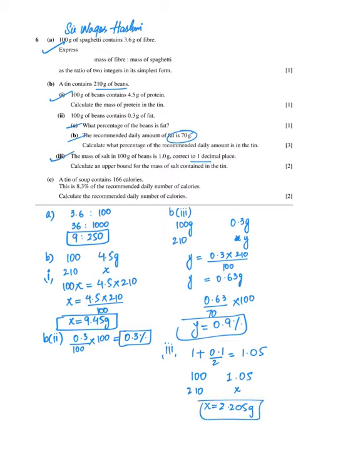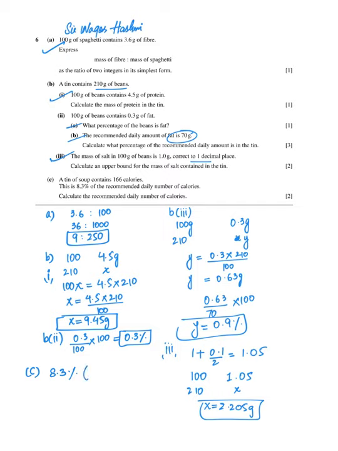All right. After that, part C: a tin of soup contains 166 calories. This is 8.3% of the recommended daily number of calories. Calculate the recommended daily number of calories. So for part C, the recommended calories are